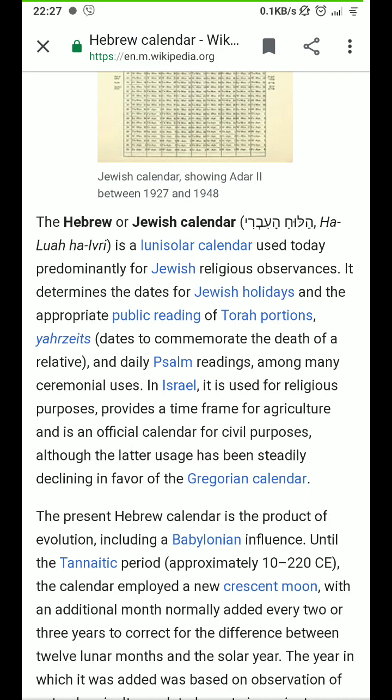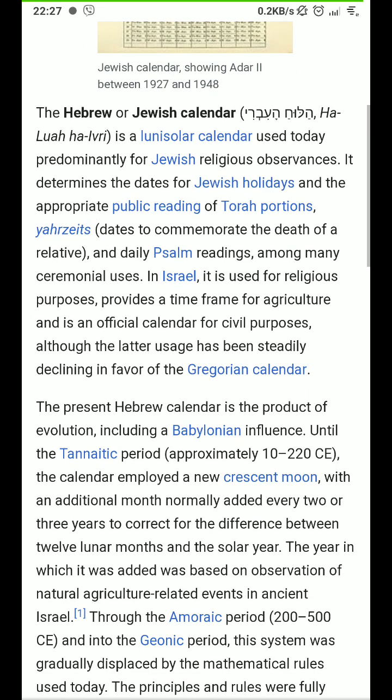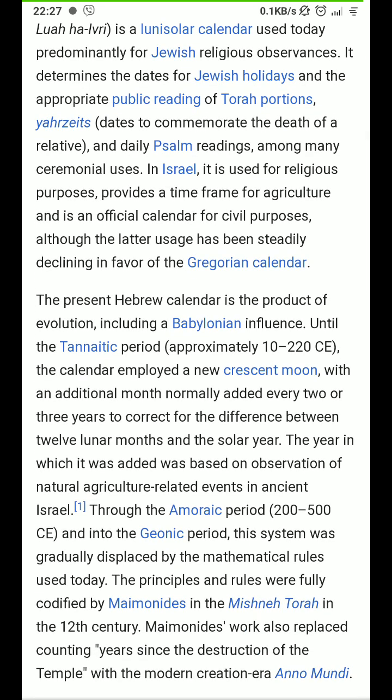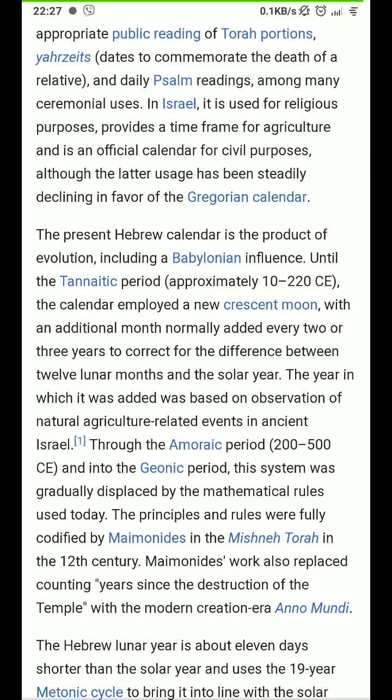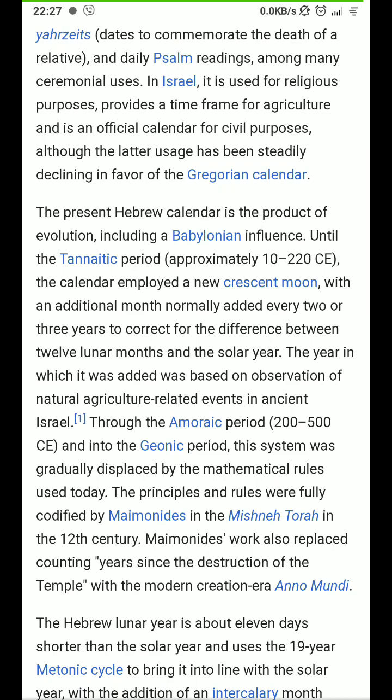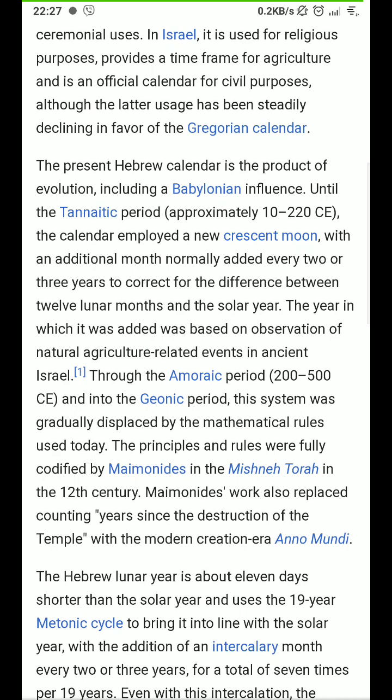So what do we see here? It determines Jewish holidays, and let's read from the second half. The present Hebrew calendar is a product of evolution, including a Babylonian influence. So even they say to us that it was impacted by Babylon. So while they were in Babylonian captivity, they most likely